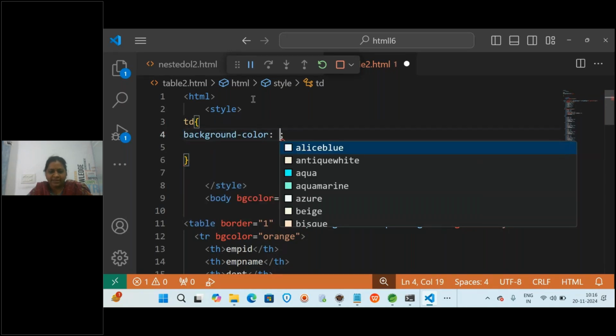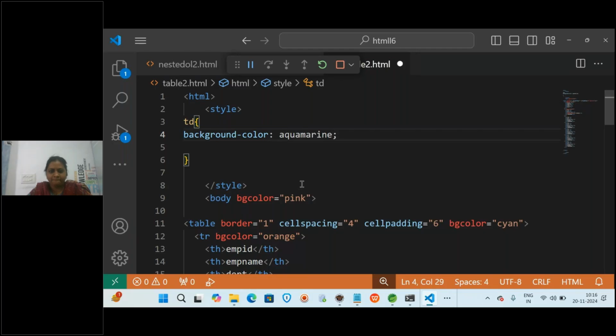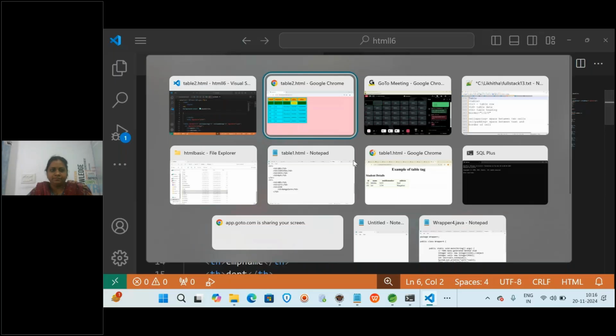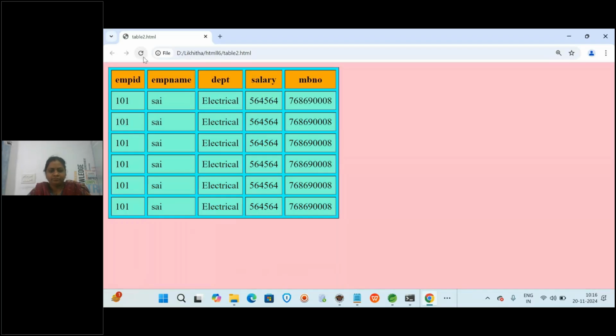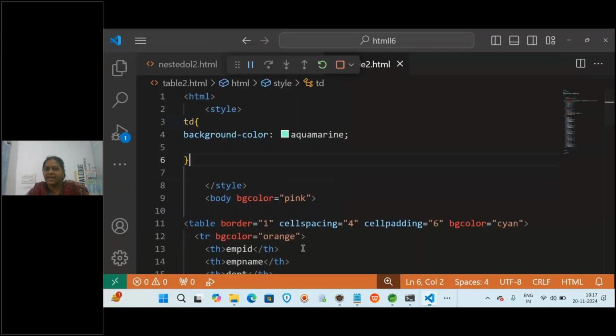I'm going to give like this. Complete, these are all tds, no? Okay, so every td will be getting that color, all the tds, wherever a td tag is there, that complete td will be getting some color.